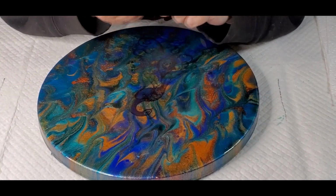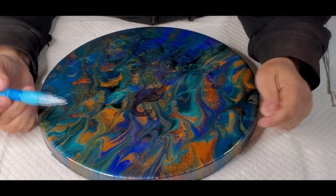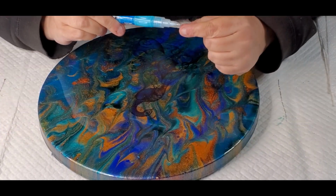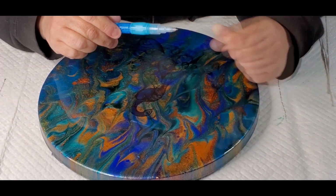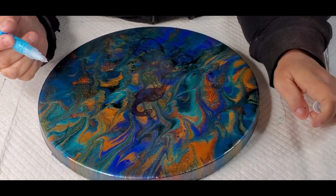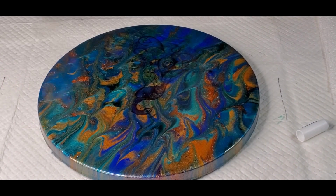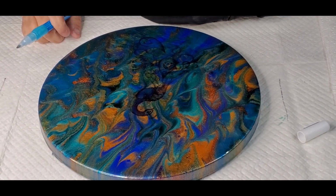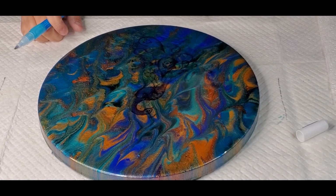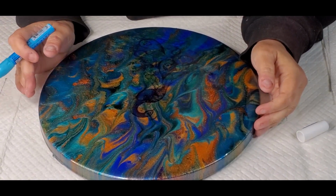It goes on white, and then it goes on blue or white. It's supposed to be blue. At first it's blue, then it turns white, then it turns clear. But my lighting in here really blows. Okay, so